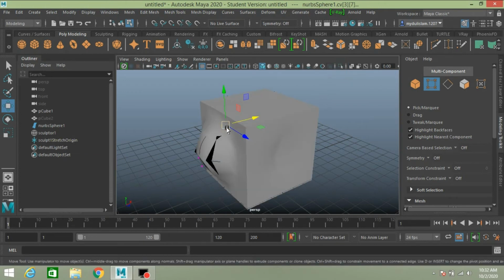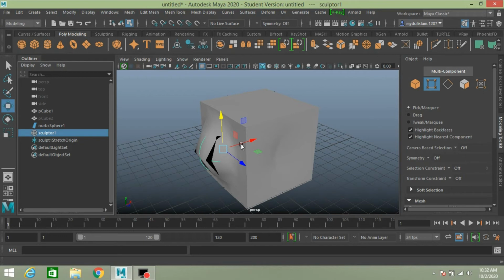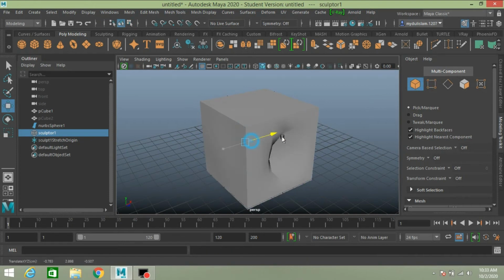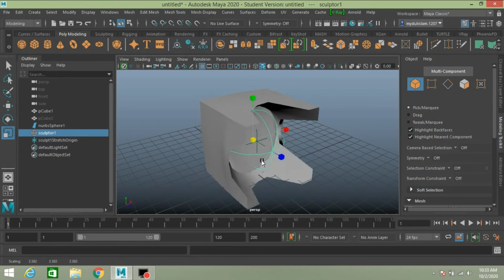Turn Isolate Select off. Scalp deformer, again scale, move this one here. Ctrl Z to undo. Object mode, move this one here and scale and see the effect.